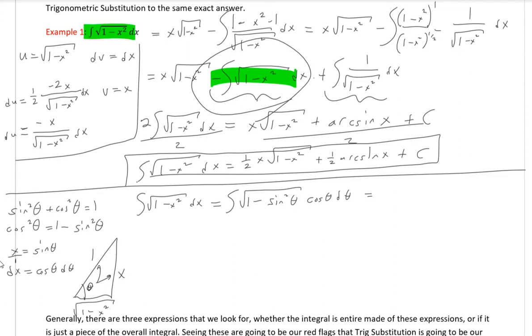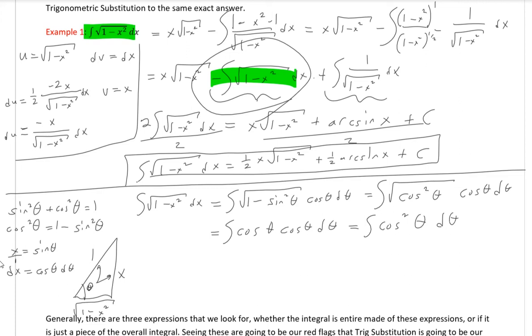Well, now what I have, 1 minus sine squared, we showed earlier that 1 minus sine squared is cosine squared, times cosine theta d theta. And square root of cosine squared is cosine of theta. Cosine theta d theta. So then, cosine times cosine gives me cosine squared theta d theta,